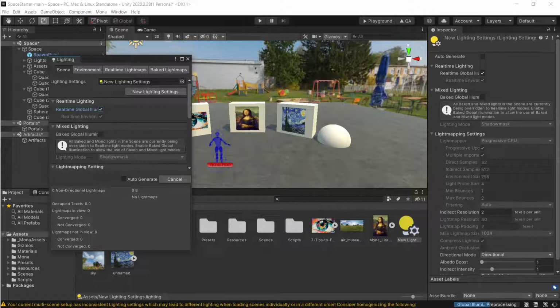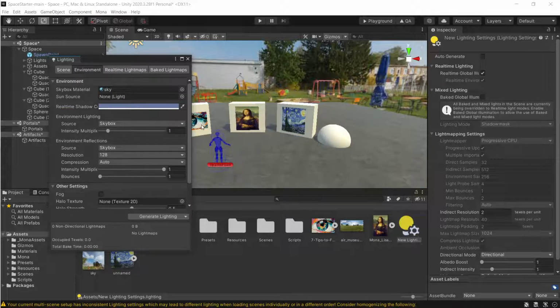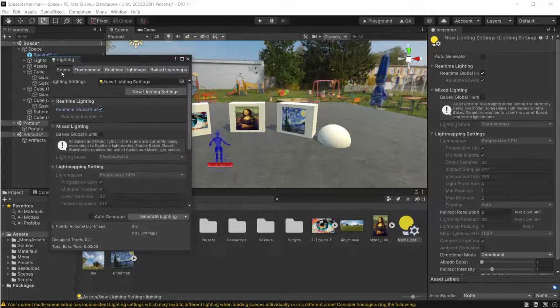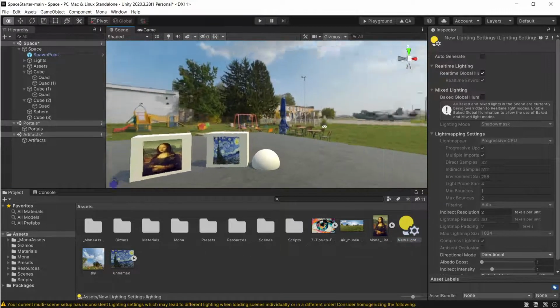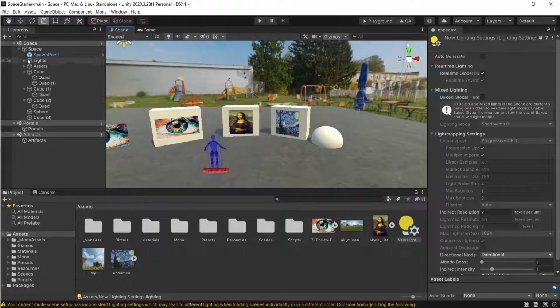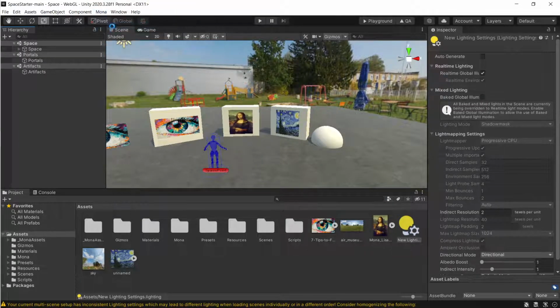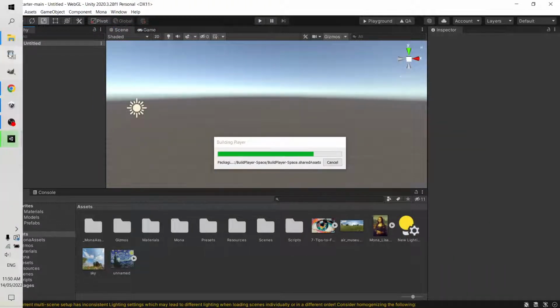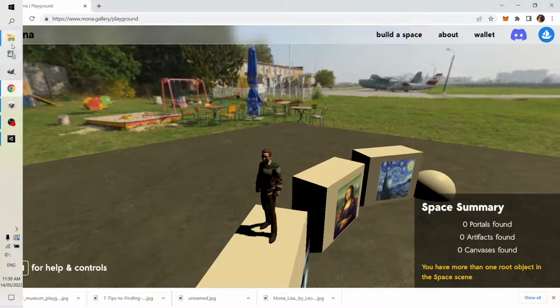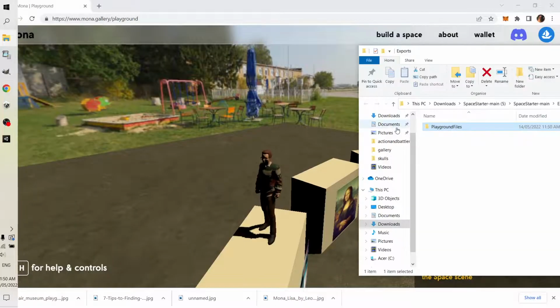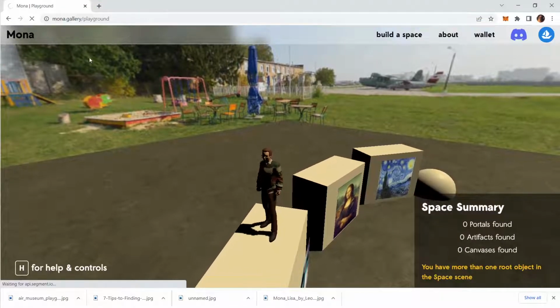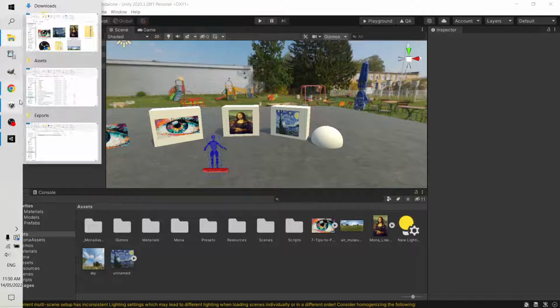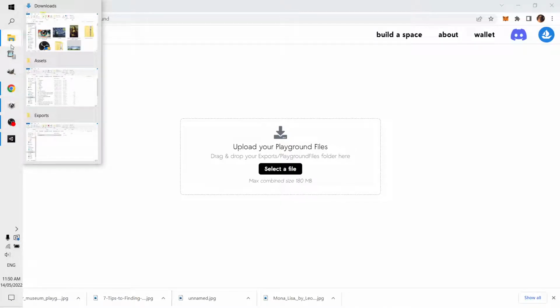And we go down here, and it's going to tell us, yes, we're going to do it, and we're going to do it really well. And what that's going to do is it's going to generate lighting from the skybox and any sort of reflective stuff. So now let's save it and let's go build playground files. Tends to be a little bit faster the second time you build playground files. And then when it's done, we can just press that and so it's reopened. Alright, so that's done. Now let's go back in here,